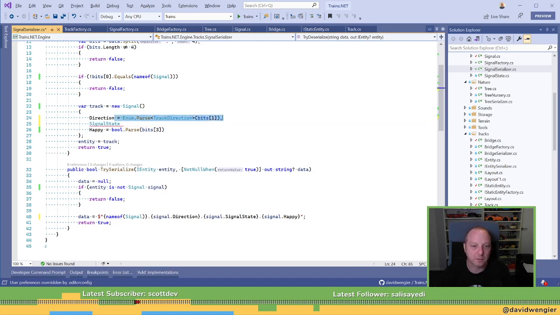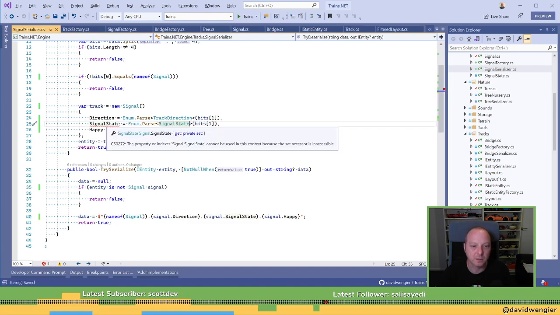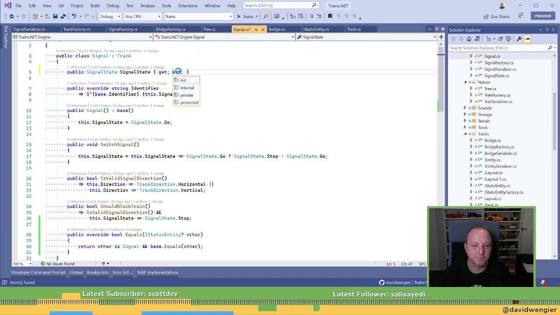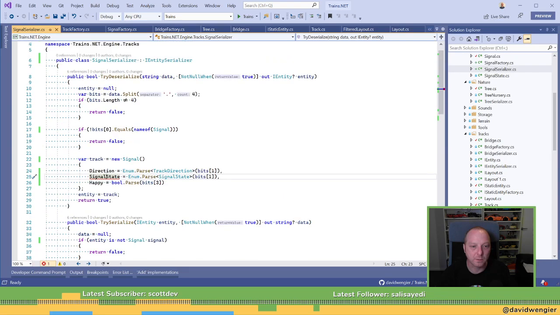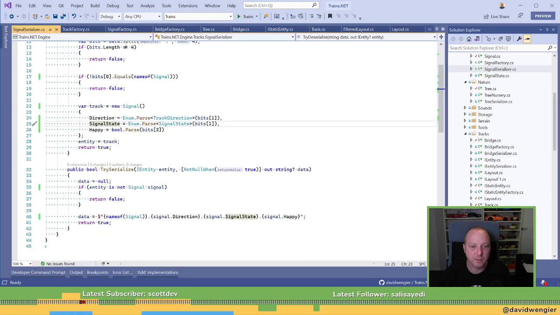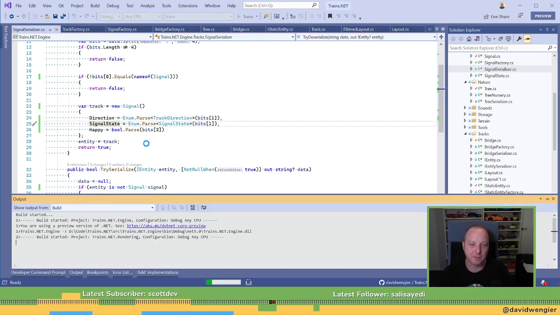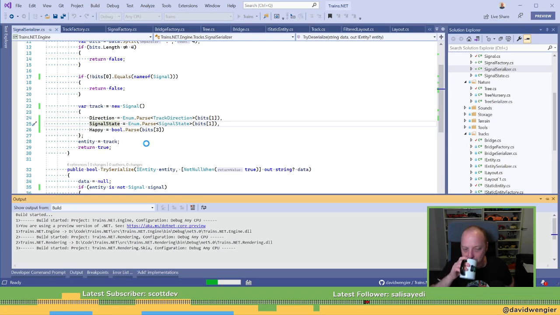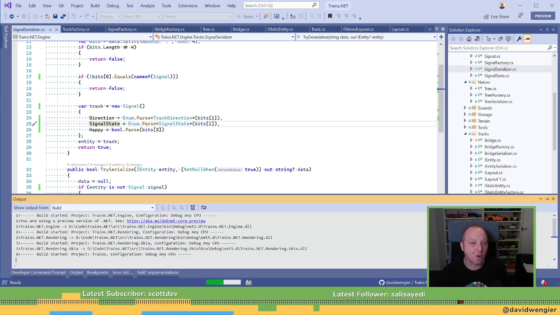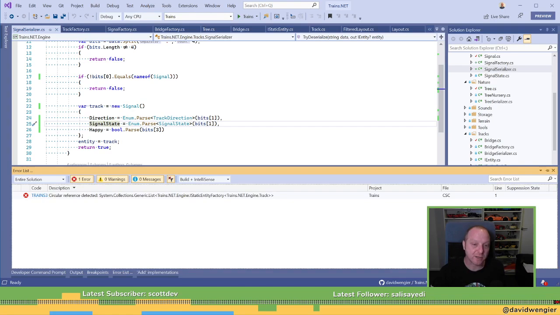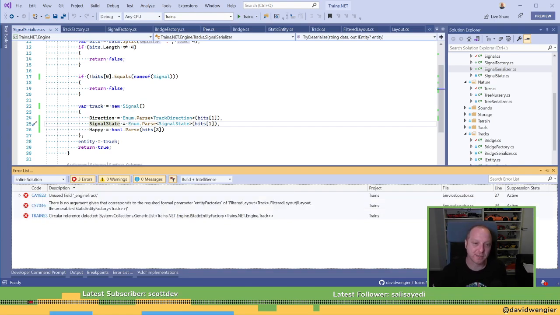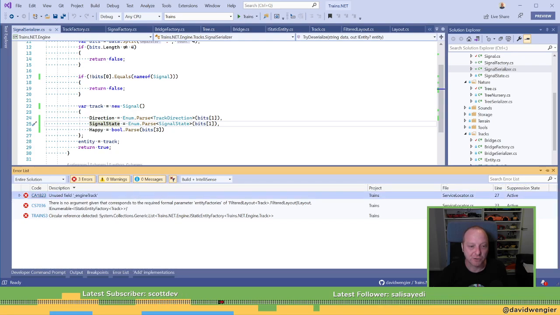So that equals that, which is that. And it cannot be because set accessor is inaccessible. Cool. 4, that's neat that it's the same number. All right. Let's see what happens. I suspect this is going to go horribly. And as I drag, it'll be changing all the tracks to signals, which I don't really know how to... Unused field engine track. What?